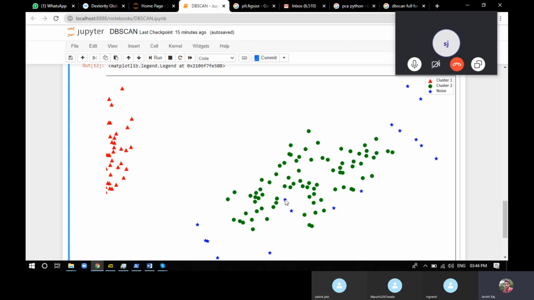So if the first data point you try lies a bit outside, just a bit outside or on the border, it cannot be specified as a core, so it will classify it as an outlier only.